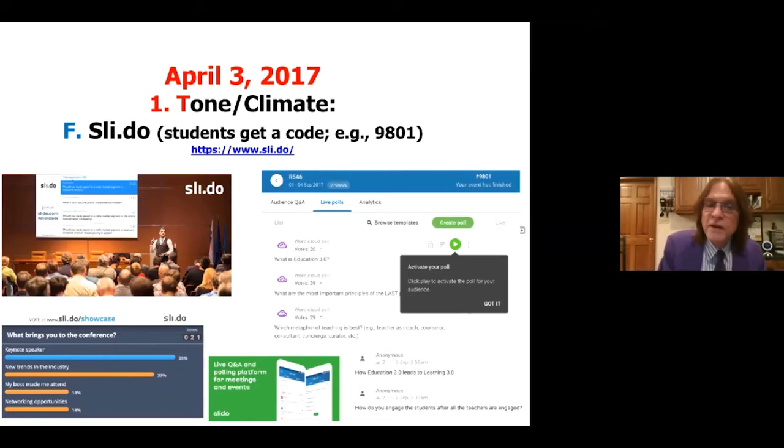Another tool for tone and climate is Slideoo. I saw this used in Singapore and in Thailand. Slideoo is a free tool that lets you vote on questions. So if a student wants to ask a question of me, all the 90 people or 50 people here vote on the questions to ask, and the top rated question goes to the top.